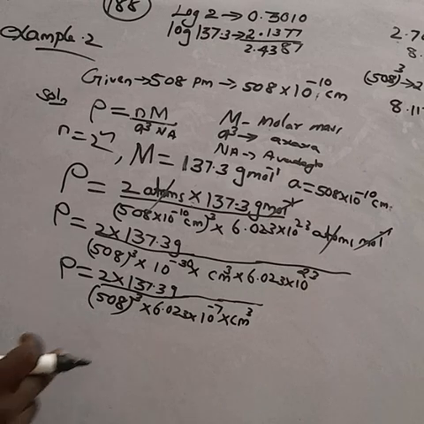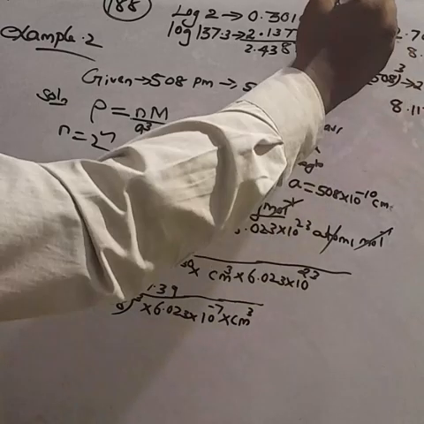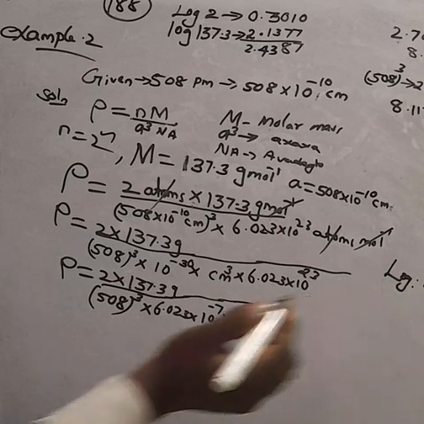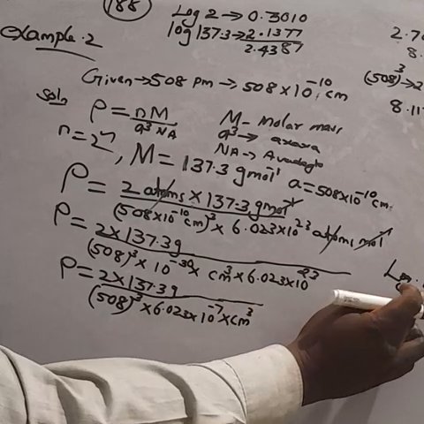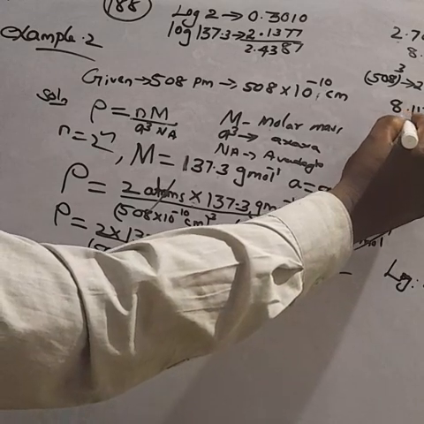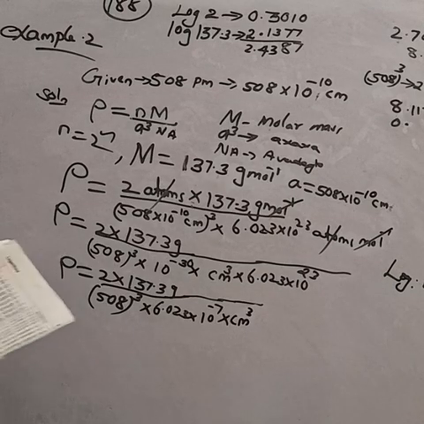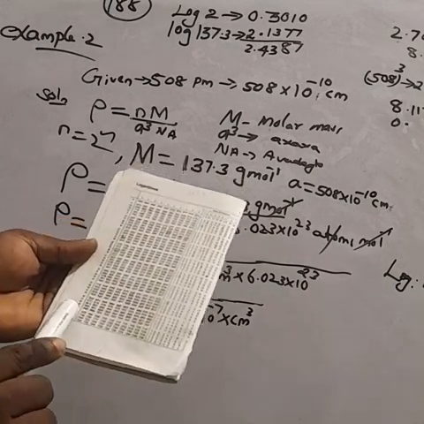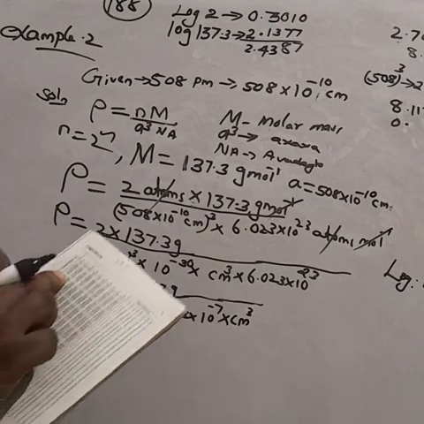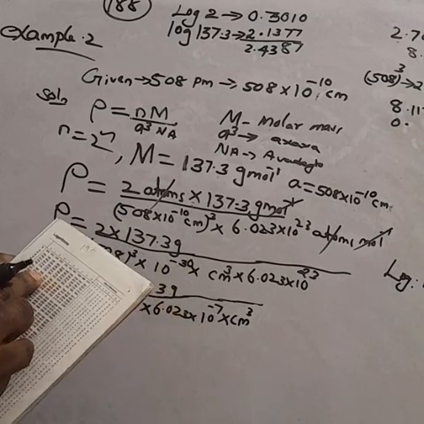Next one. We have to find out the Avogadro number. What is Avogadro number? 6.023 is the Avogadro number. That value also we find out. That is a single digit. 6 means single digit. Am I right? So I am writing 6, 0 point. Single digit means 0 point. So I am going to find the log of 6.023. For 60 you have to find the logarithm of 60, and find the mean difference for 3.